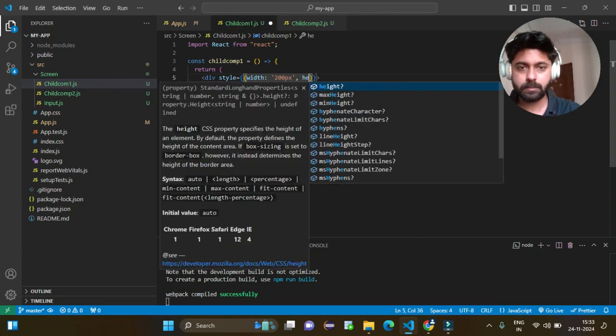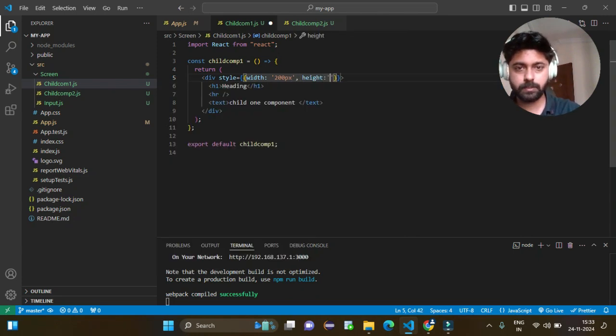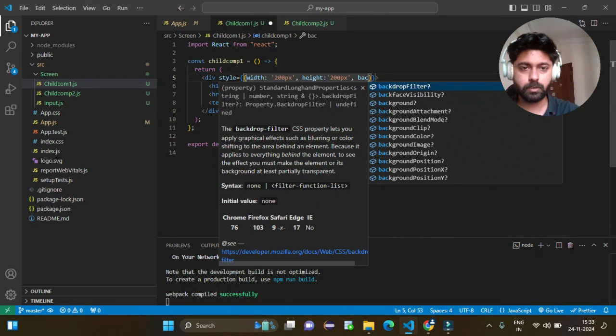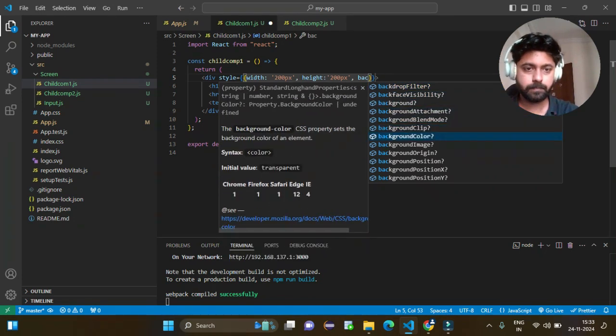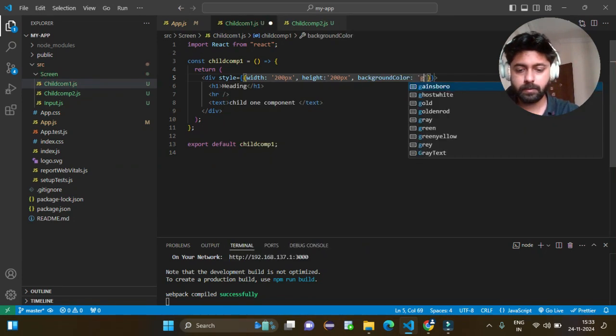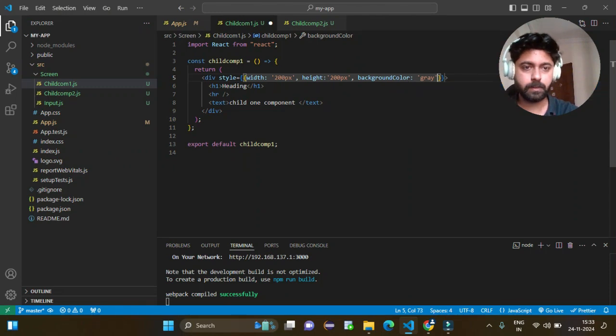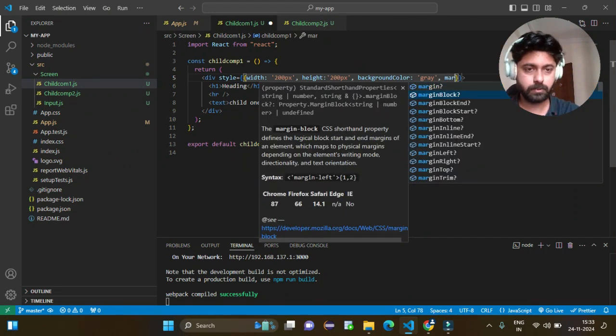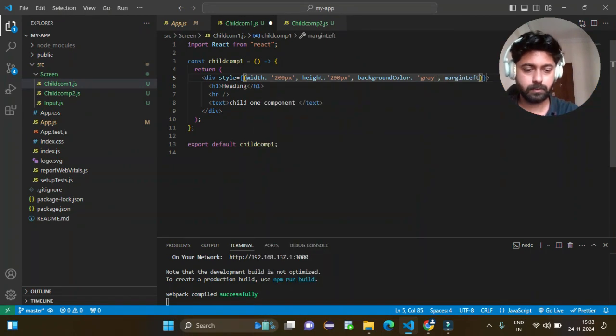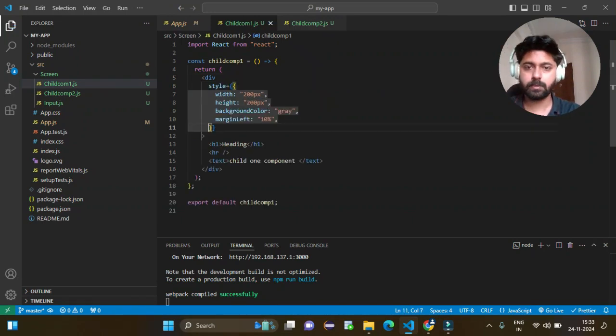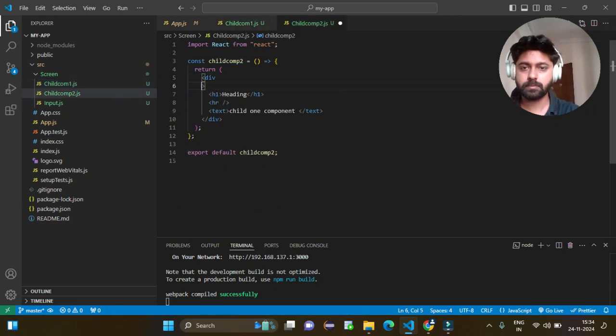Save the height also as 200 px. So it will create a small div with background color as gray, and then margin for the div just for UI perspective. Let's save this, and then we'll copy the same thing and paste it in this child 2